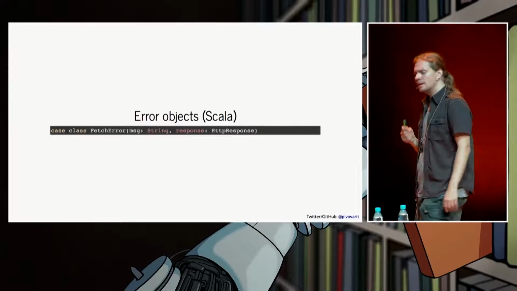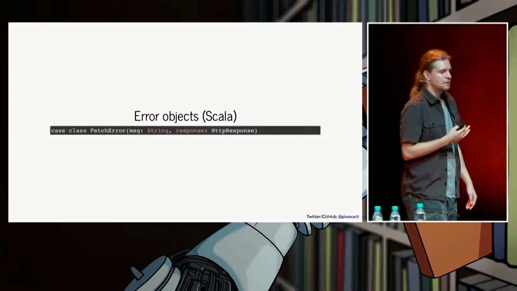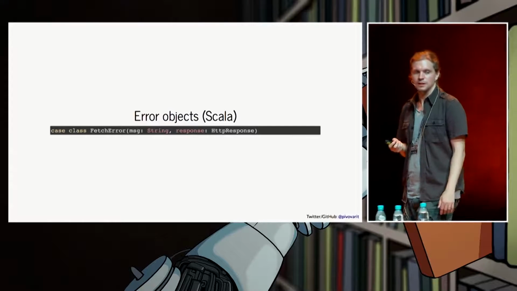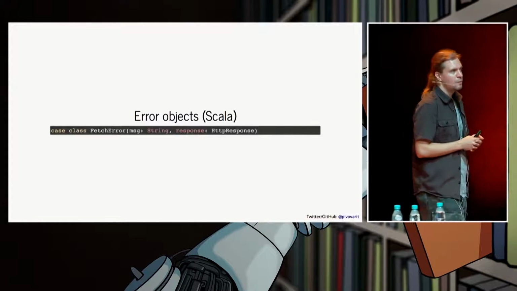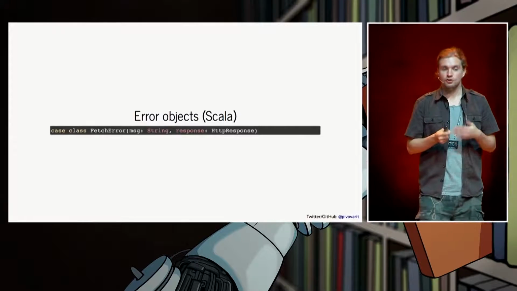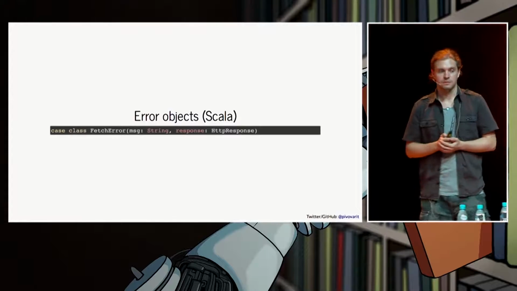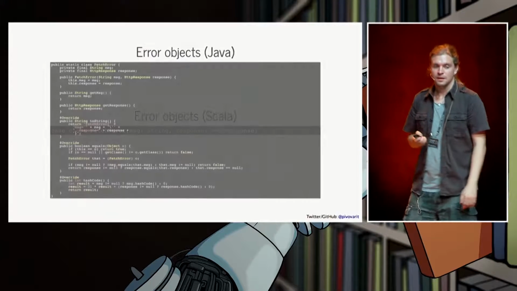So let's have a look at some example. In order to properly work with Eithers, we need to create our own fetch error object. In this case, we might want to store only a string message and an HTTP response. And as you can see, it's very cool because it's just one line in Scala.